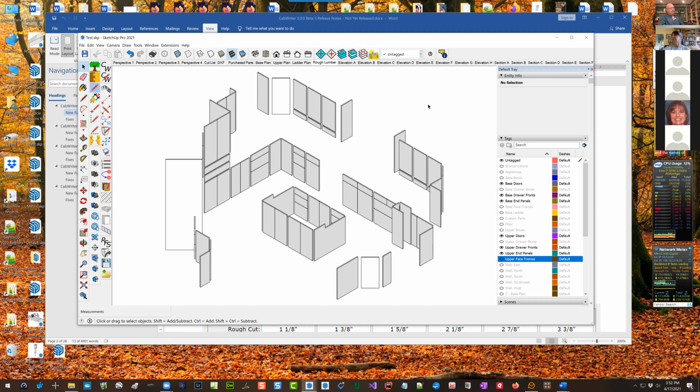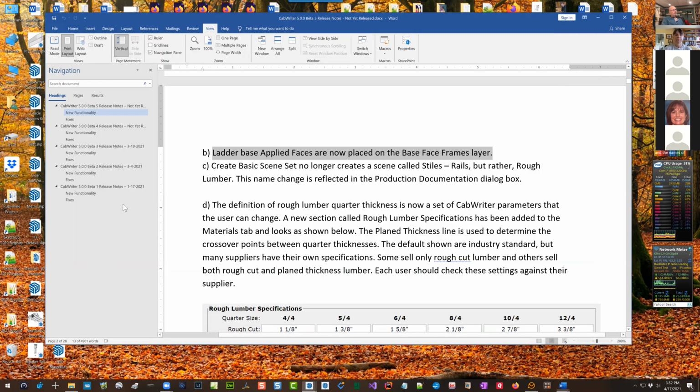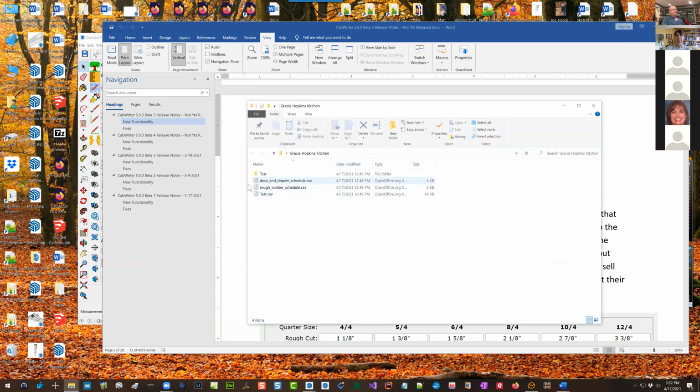Okay. Let me see. I talked about the ladder base and the default layers. So let me show you one of these reports. Let's see if I have one already generated. So now notice that this name here is now Rough Lumber Schedule. And if I open that up,